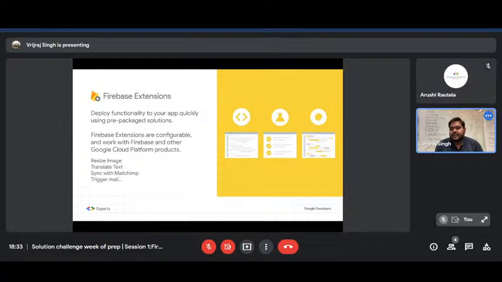You can use these pre-built cloud functions, let's say resize image, translate text, sending a mail, triggering a mail, sync with Mailchimp. You can directly use Firebase extensions, where the user uploads, let's say, a 15 MB file, and it will automatically resize it from 15 MB to 100 KB. So you can use Firebase extensions, which are pre-built cloud functions.